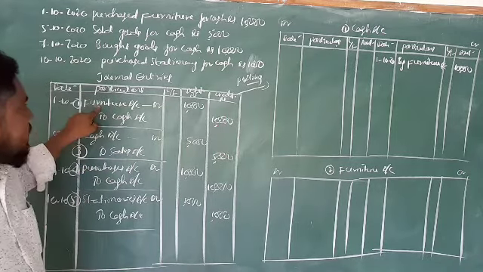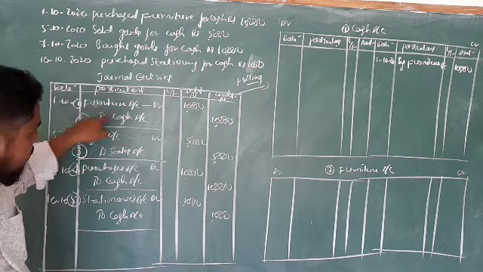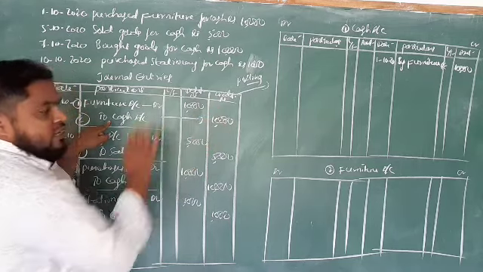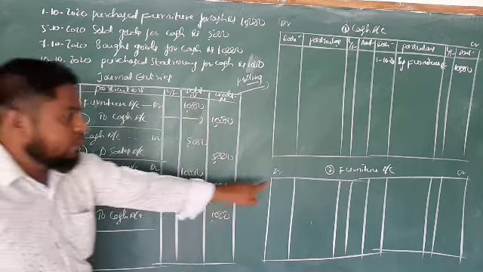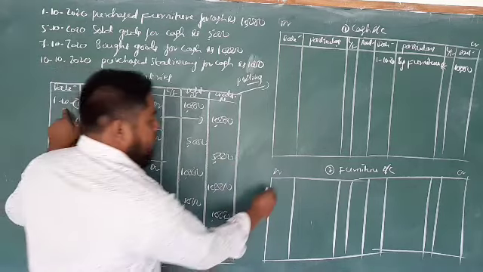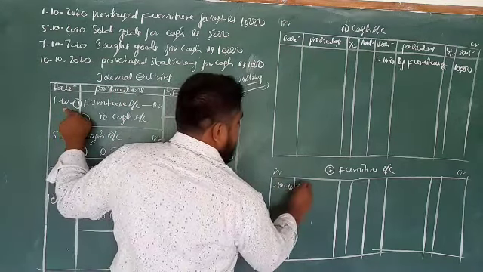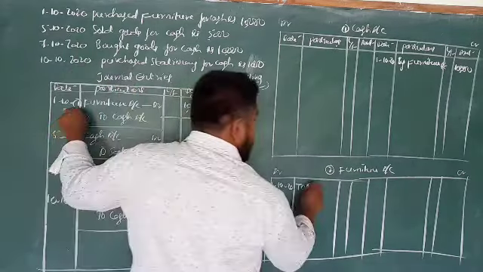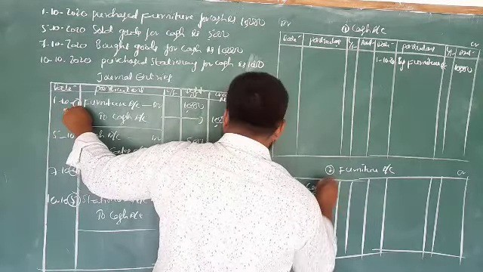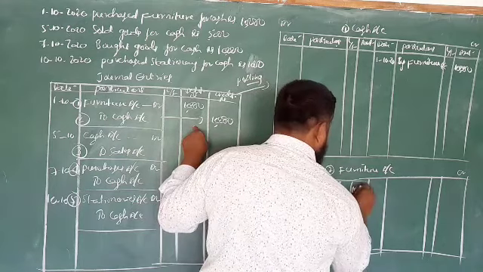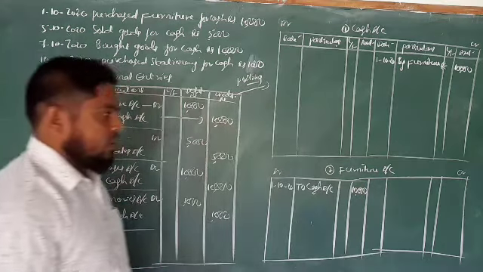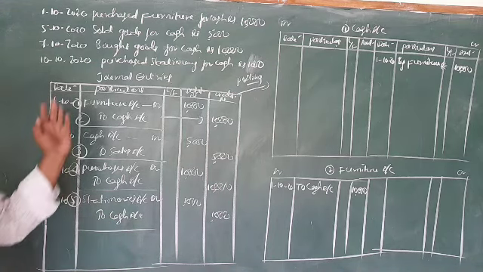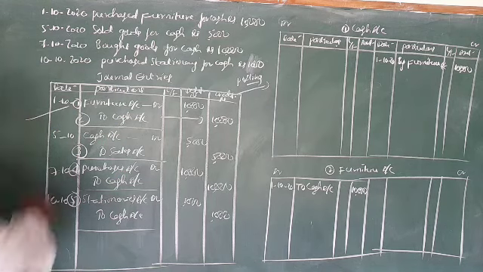Now in the cash account we entered furniture, so in the furniture account we have to enter cash, on the opposite side. See, cash is on the credit side, so in the furniture account it goes on the debit side. The date is 1/10/2020. On the debit side you have to use the word to: to cash account, amount 10,000. Like this we have to pass the entries from journal to ledger. So the first is completed.